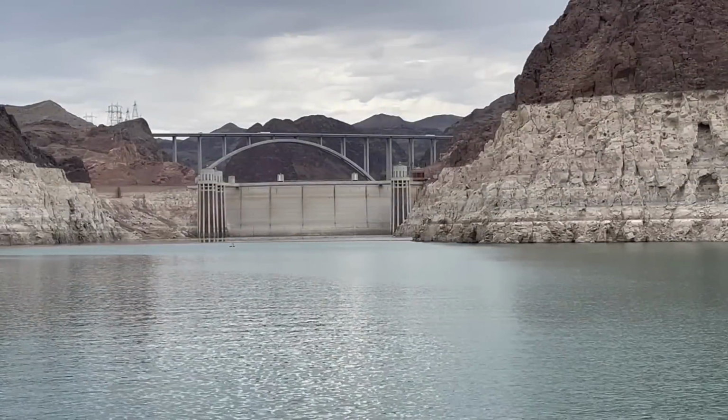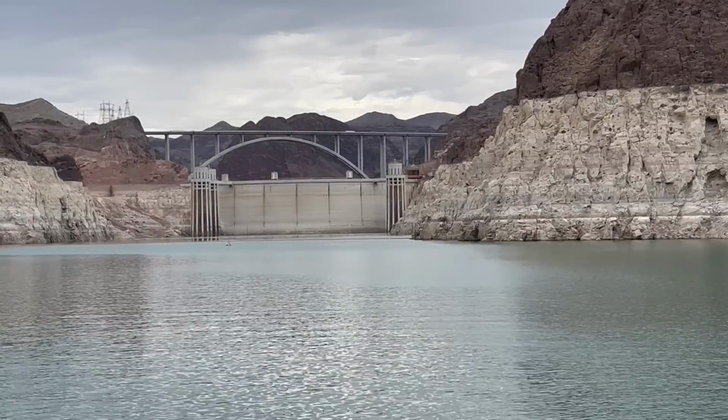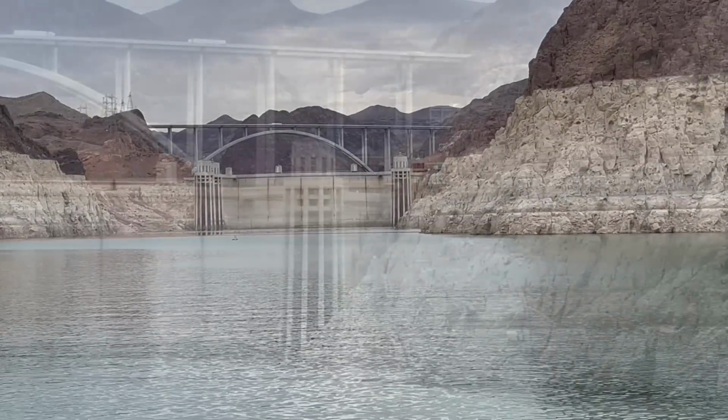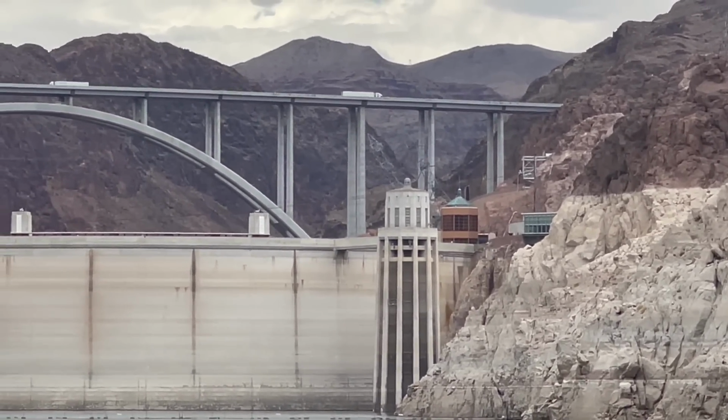Absolutely cool here. Yep, there's the intakes, there's the bridge